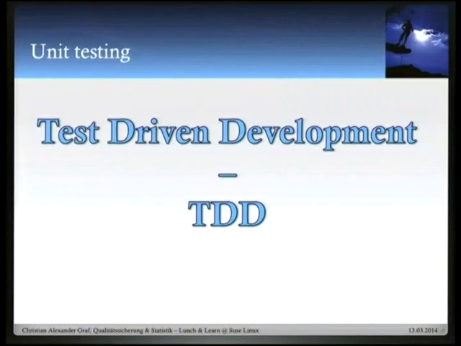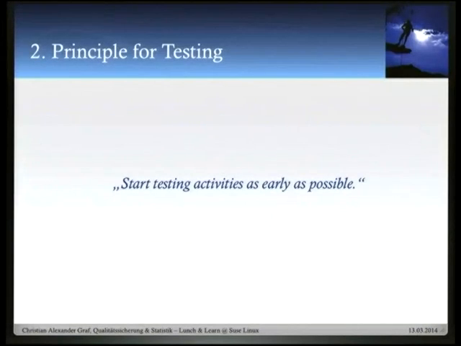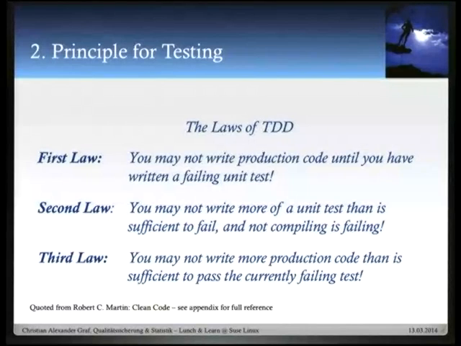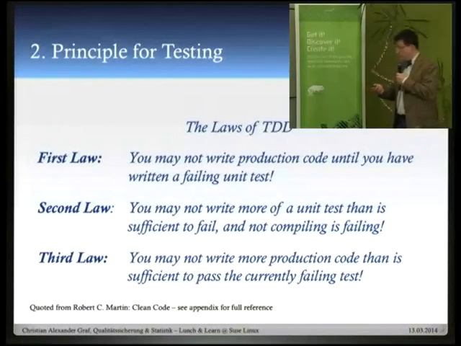You will very often hear, in the context of unit tests, about test-driven development. The approach is to gain a good coverage of your requirements, of your user stories. That's the idea behind it. And in Robert C. Martin's book, you will find actually three laws on how to write test-driven unit test cases. The idea is, before you write a single line of code, you first implement unit tests